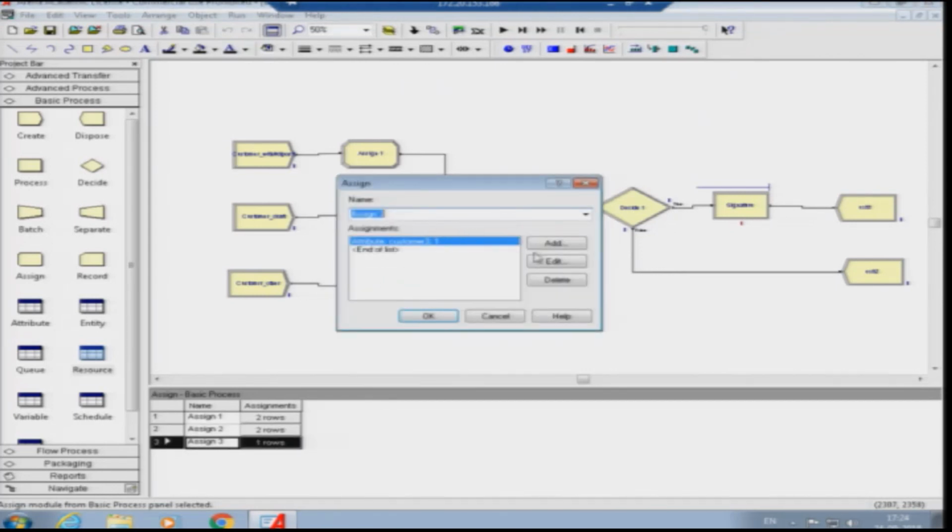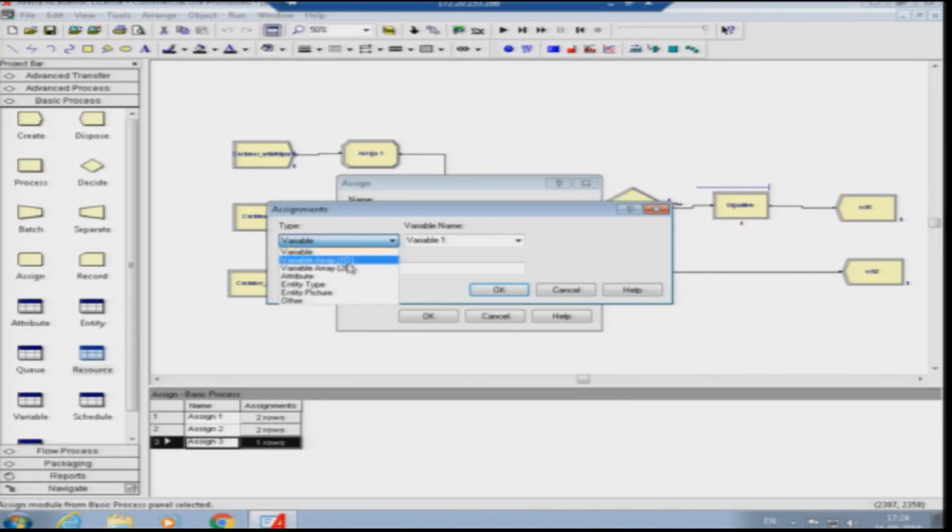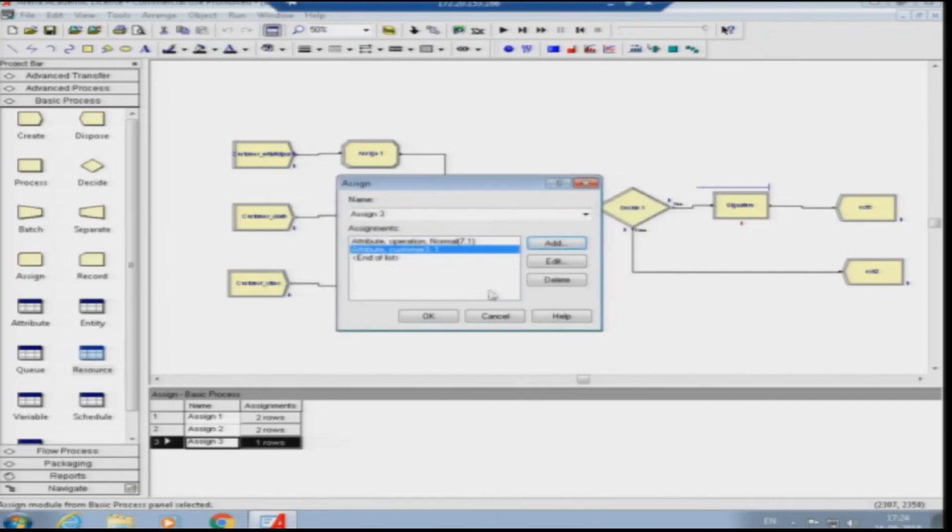Very similarly, for the third case we will add an attribute whose name is operation, and this value is normal with, say for example, 7,1. 7 is the mean, 1 is the standard deviation.